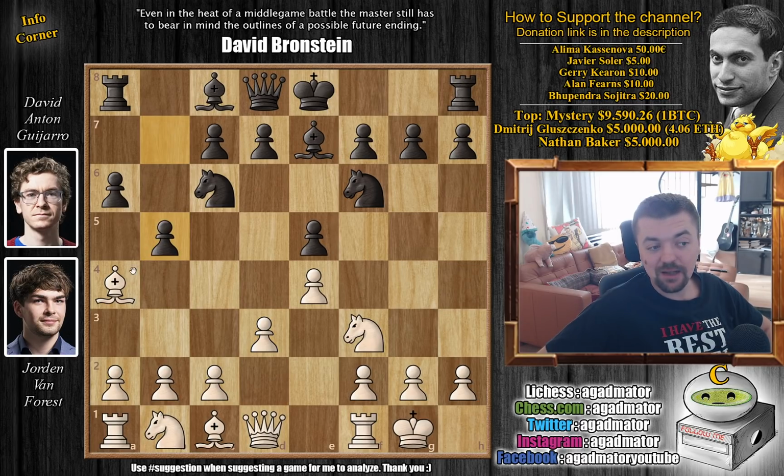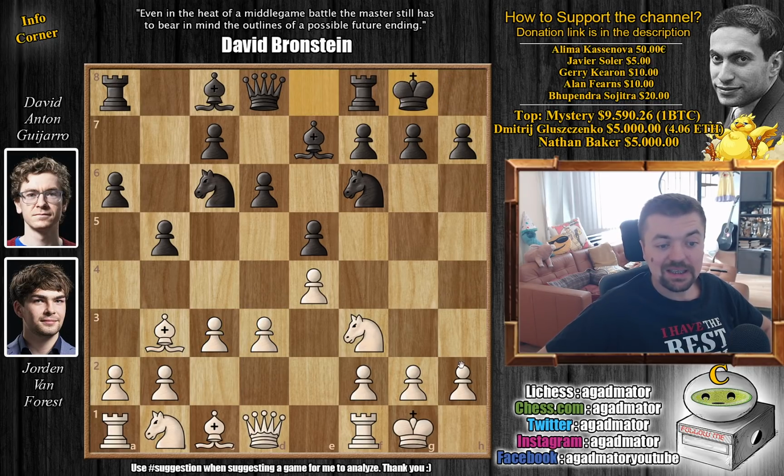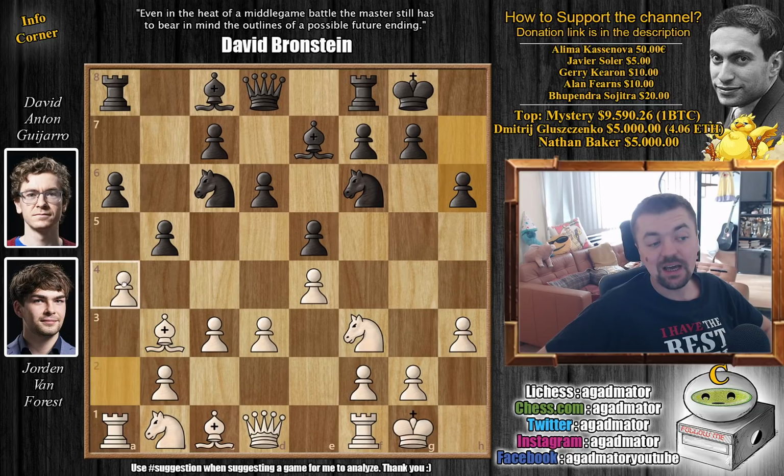d3 and b5, pushing the bishop back, bishop to b3 and d6. And then white plays c3, makes room on c2 for the bishop. Also it will help if this pawn needs to be pushed to d4. We have castles by black and now h3, taking away the g4 square from black's pieces. We have h6 and now a4,